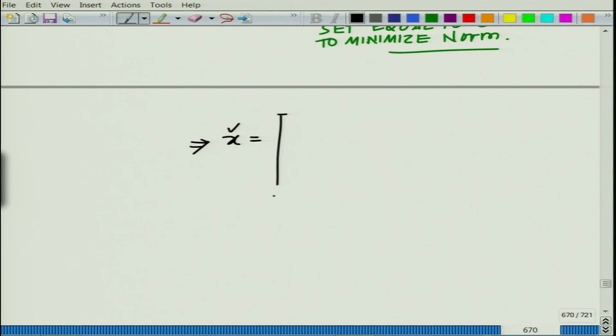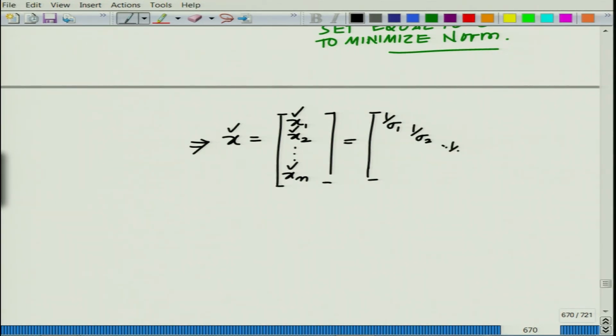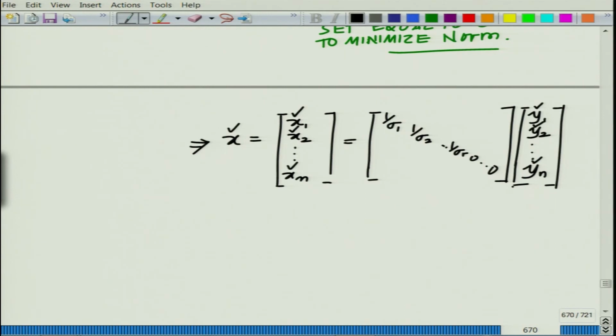which is the vector, right, x1 check, x2 check, so on up to xn check equals, I am going to write it down as follows: 1 over sigma 1, 1 over sigma 2, so on, 1 over sigma r, rest will be zeros, times your y1 check, y2 check, yn check. And this is very interesting, that is what it means is all the non-zero singular values you